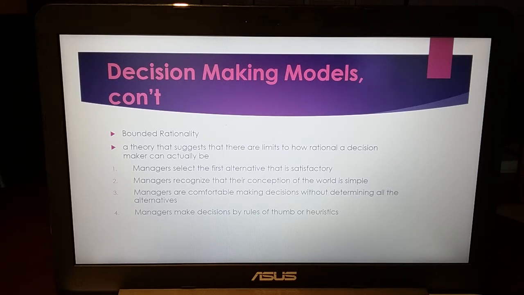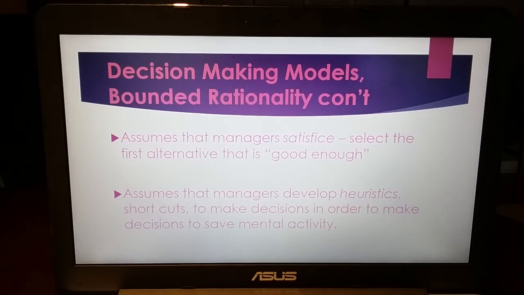So that rule of thumb may be something to the effect of you always buy in bulk because bulk is more reasonable. But maybe with a little bit of delving into it, you might realize that it's not as reasonable, because when you buy in bulk, you have to take up too much space on your shelves or something like that. Okay, so bounded rationality,